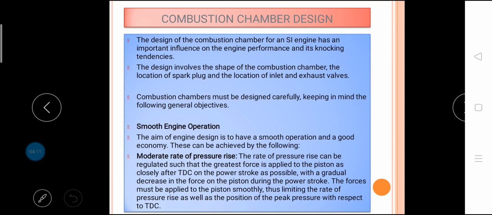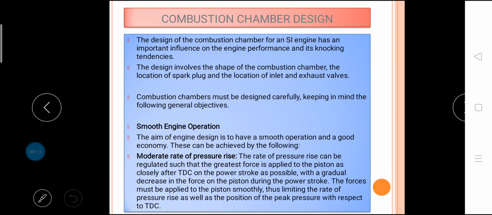Because of this importance, the combustion chamber design has been a subject of considerable amount of research and development in the last 50 years. It has resulted in the raising of the compression ratio of the engine from 4 before the First World War period to 11 in the present times with special combustion chamber designs and suitable anti-knock fuels. The important requirements of a spark ignition engine combustion chamber are to provide high power output with minimum octane requirement, high thermal efficiency and smooth engine operation.